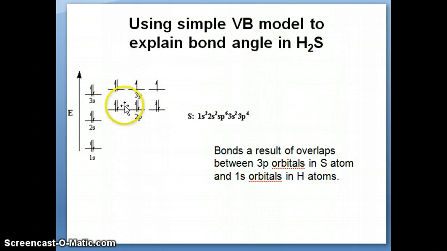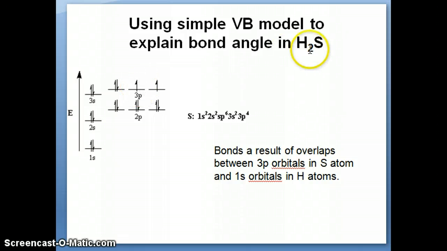So if you look at the electron configuration of the sulfur atom, you notice that it's going to have this particular configuration: 1s2, 2s2, 2p6, 3s2, 3p4. And the 3p4 here, of course, is the highest energy orbital in this particular atom. Now, if you look at this, you can clearly tell that there's only two orbitals with single electrons. So what that means is these two orbitals can then be used to bond with orbitals from other atoms that